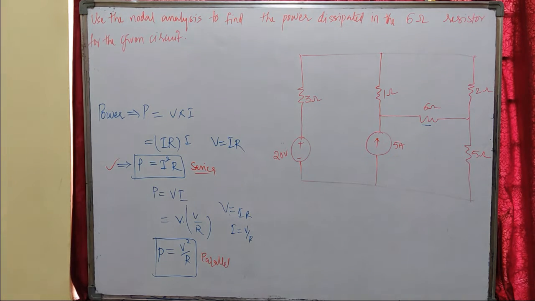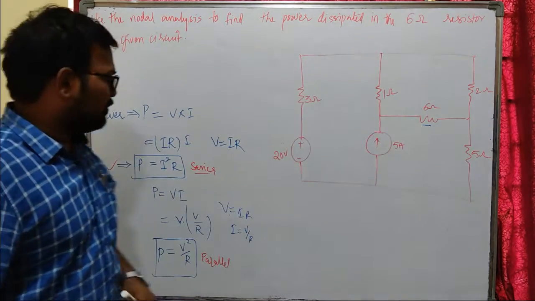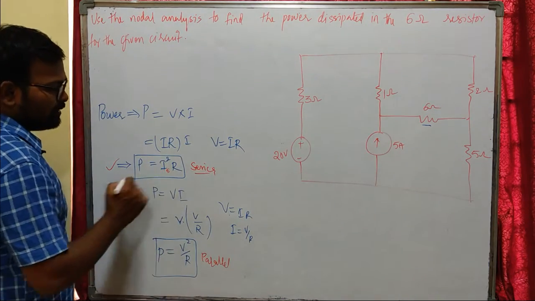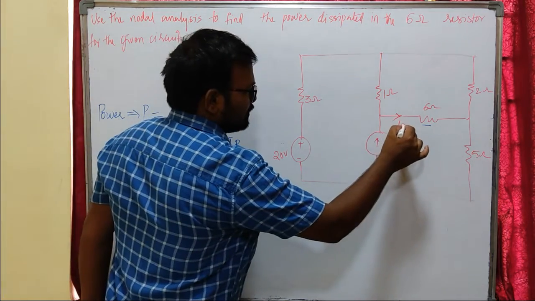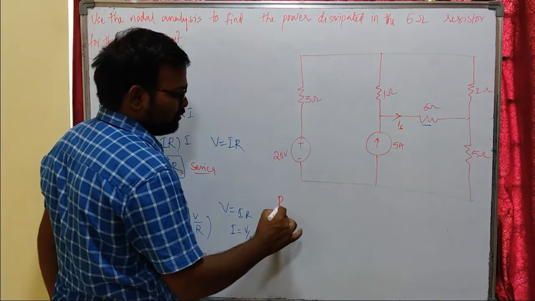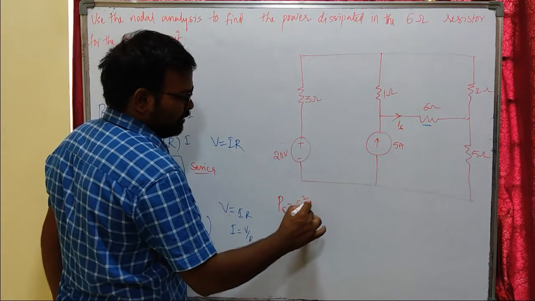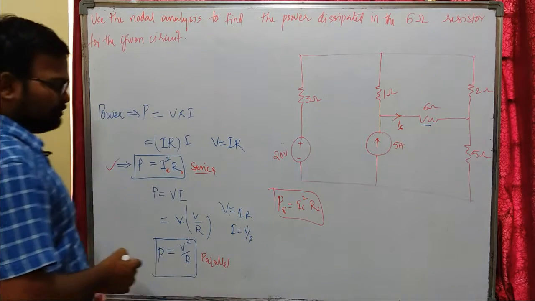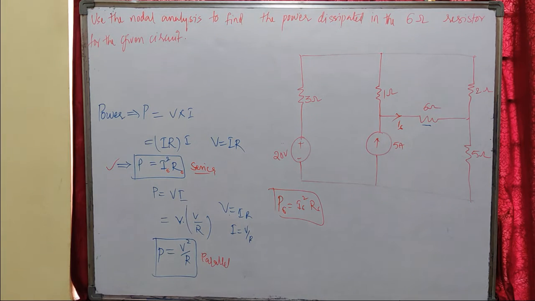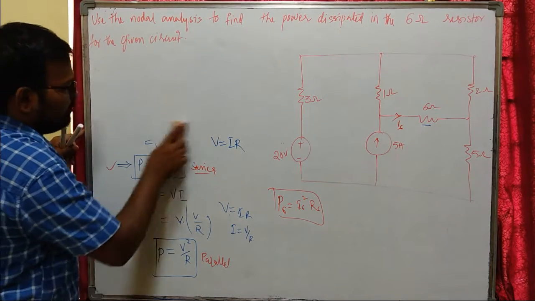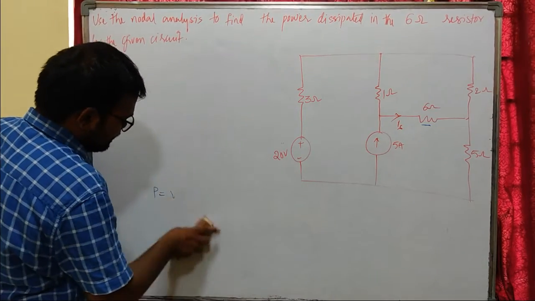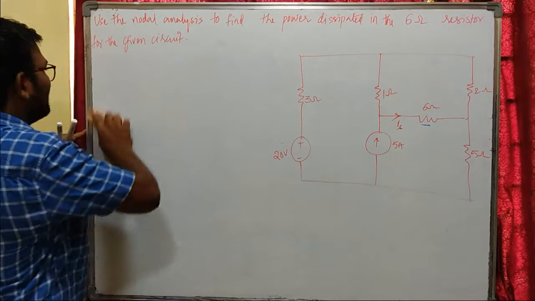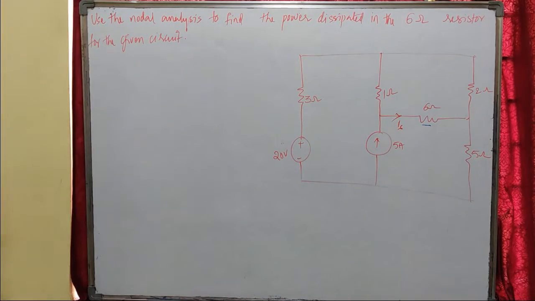We are going to find the current through the 6 ohm resistor, then we are going to apply this equation, that is P equal to the current through the 6 ohm resistor, I6 let us assume, and the 6 ohm resistance value. So we need to find the current through this 6 ohm resistor I6, and we can find the power through the 6 ohm resistor, that is I6 square into R6. This is what we are going to do. You can apply this equation to any given question where you need to find power. Power means I square into R in a DC network, or V square by R, both are valid. You need to find the current through the resistor or the voltage across the resistor.